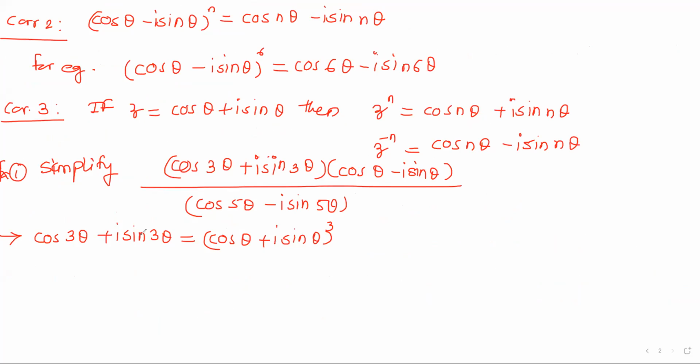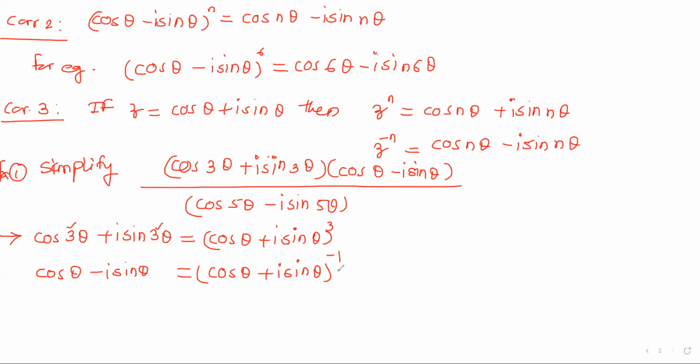cos 3 theta plus i sin 3 theta, I have simplified and written as (cos theta plus i sin theta) raised to 3, because the 3 and this 3 are taken as raised to the power, using De Moivre's theorem, right? Similarly here, this I can write as cos theta minus i sin theta. Can I write this as cos theta plus i sin theta